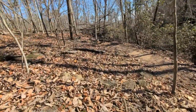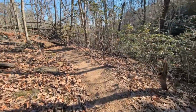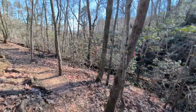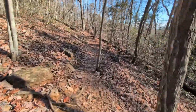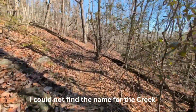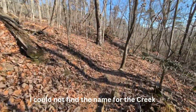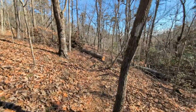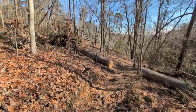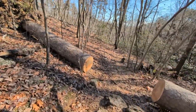I'm gonna check the map and get the name of this creek. I can't zoom in far enough on the AllTrails map to actually get the name of the creek. So when I edit this video, I'll see if I can get the name of the creek, or maybe I can talk to somebody who's on the trail and get the name, and I'll put the name up on the screen. But this is downhill,